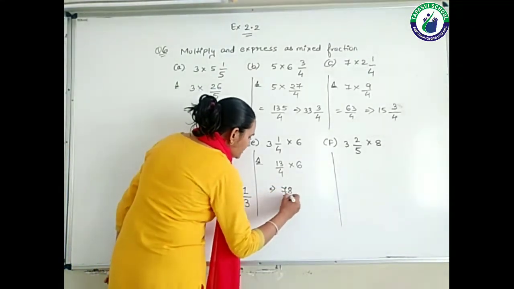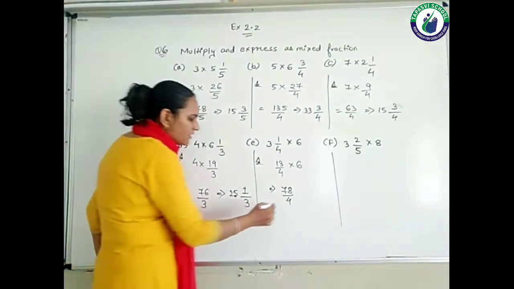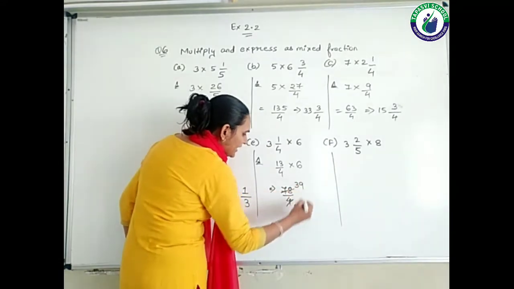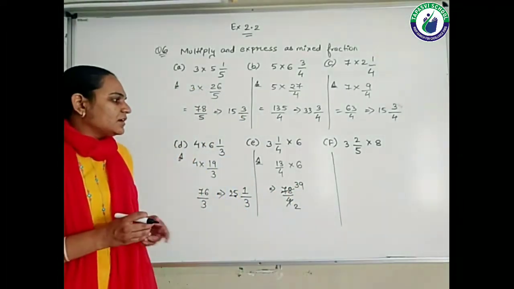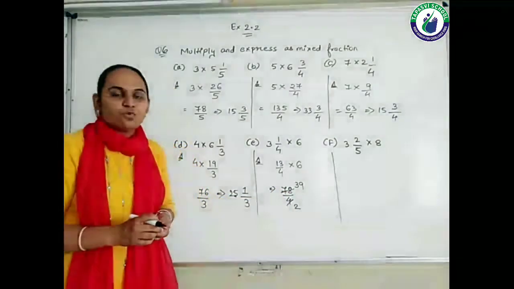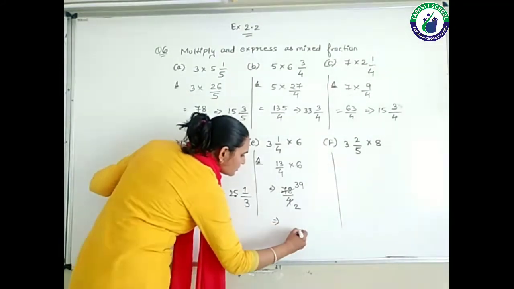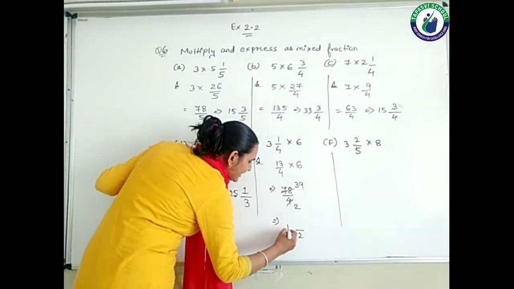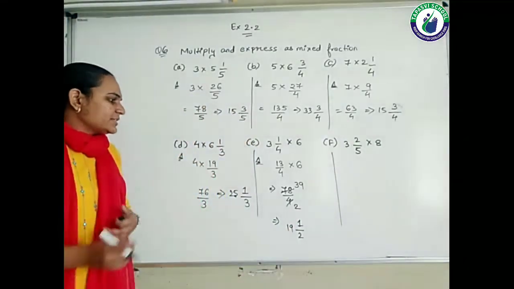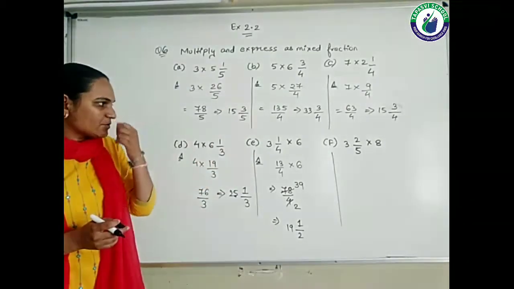Yes, if you want to reduce, you can reduce, right? If you want to reduce them, students, you can reduce. See here I am reducing it. 2 2s are 4 and 2 39s are 78. You can reduce here also. You can reduce in the next step also as you wish, right? So it is 19 2s are 38 plus 1, so it is 39 upon 2. Is it clear, students? Now taking the last question.